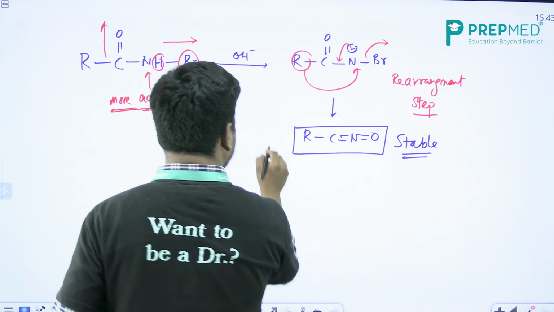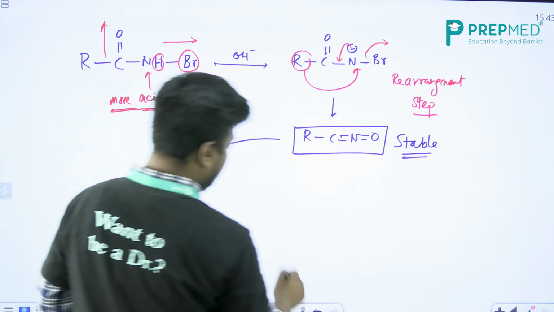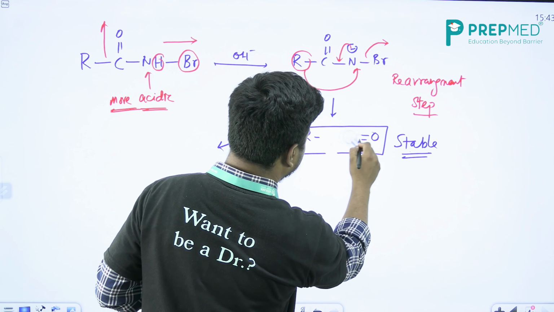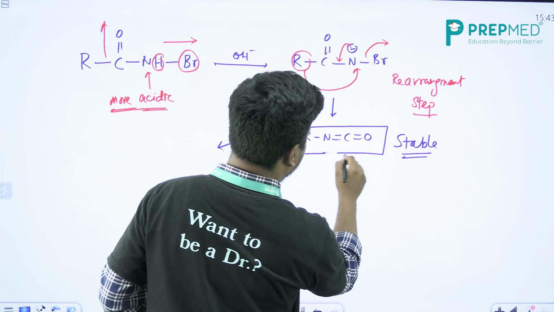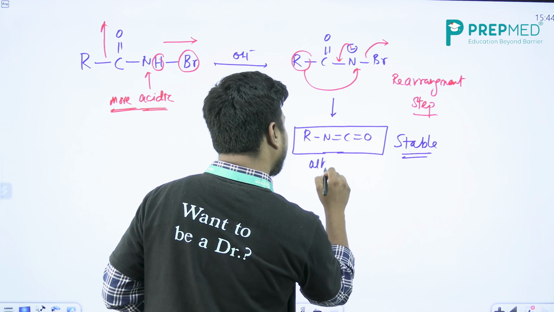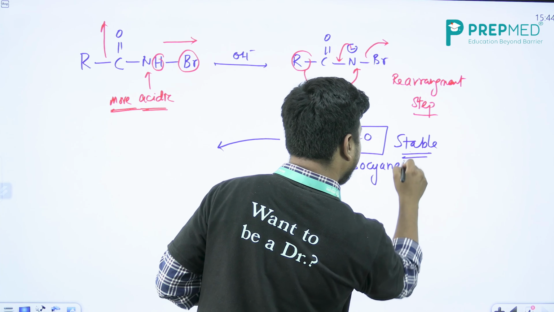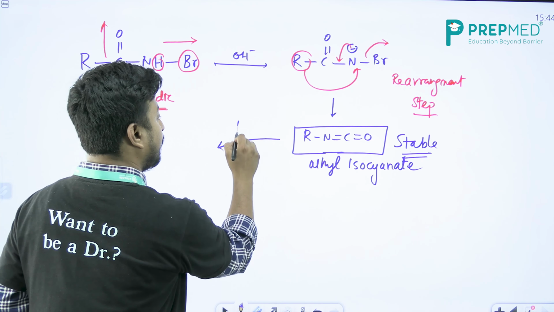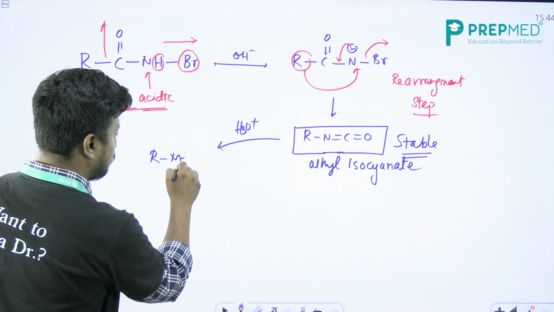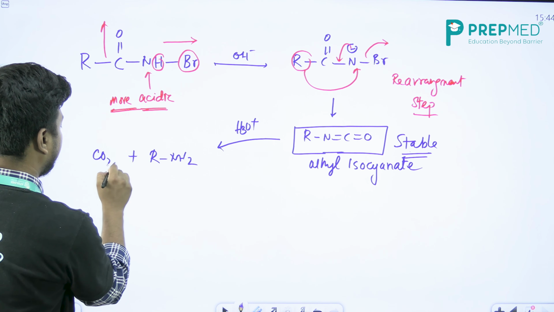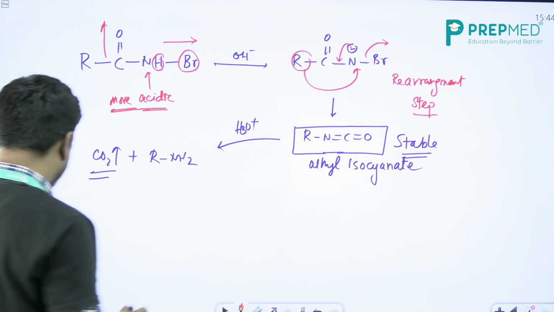Okay, and further, this molecule upon hydrolysis, N double bonded C. Okay, this is now called alkyl isocyanate. And further, it undergoes hydrolysis, forms R NH2 plus carbon dioxide. Okay, so finally what you are getting here, the most important thing is that हम लोग ने स्टार्ट